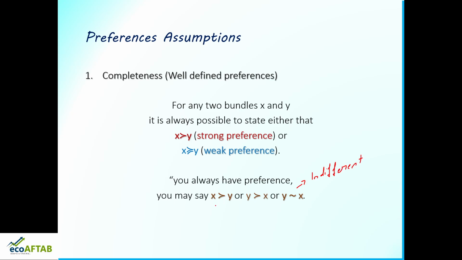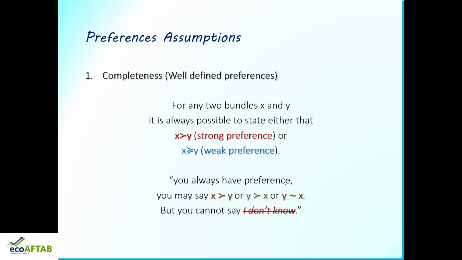Here he is telling I want x, here in this case he is telling I want y, here he is telling anything will do, x is fine, y is fine, meaning the consumer is indifferent. So one thing, we should have this particular preference or this or this. We cannot say I don't know. Then when you say I don't know, it means you are not sure about the preferences.